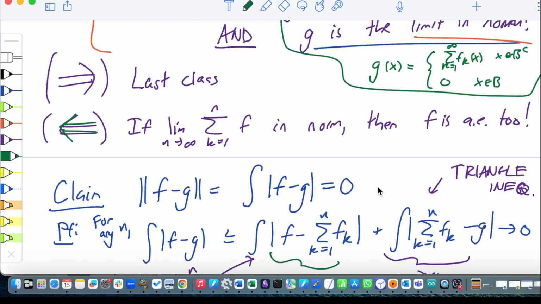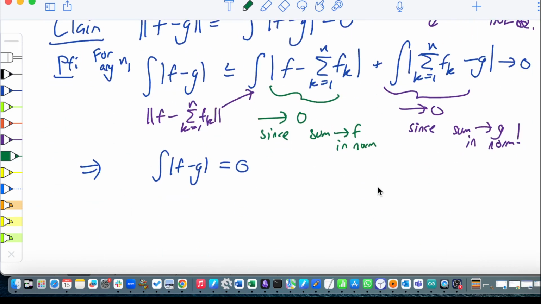If the norm of f minus g equals 0, then you'd be tempted to say f and g must be the same function, but that is not true. What you can say is they are almost everywhere equal, and that is a theorem we did earlier. Therefore, f equals g almost everywhere. This is theorem